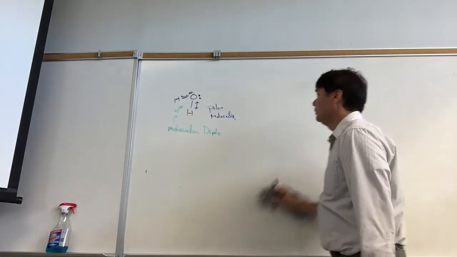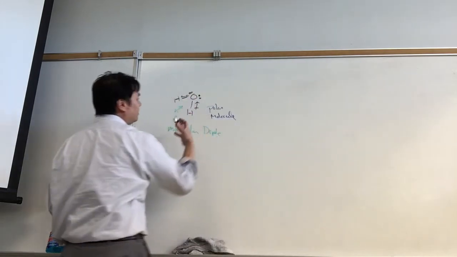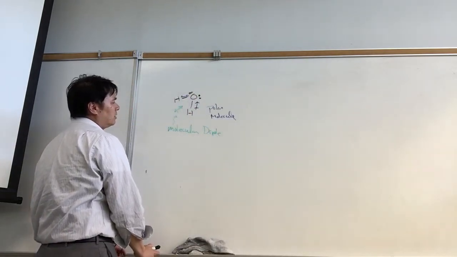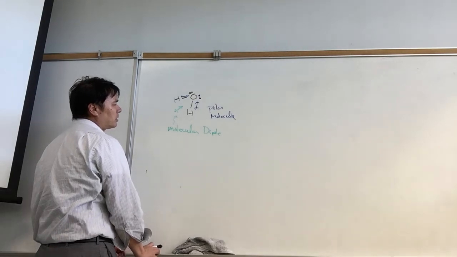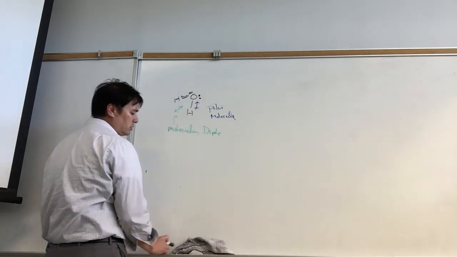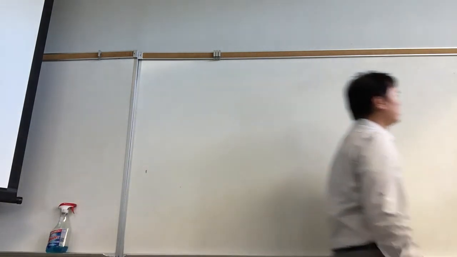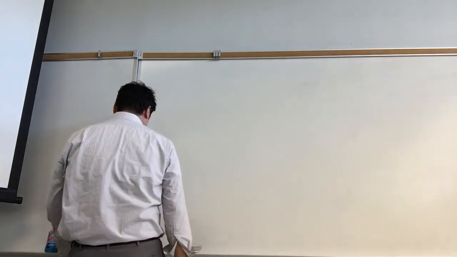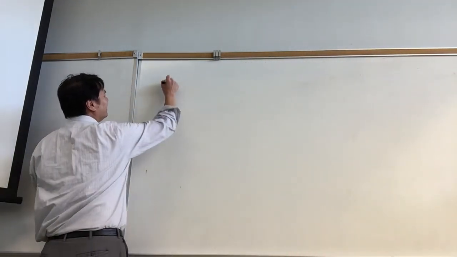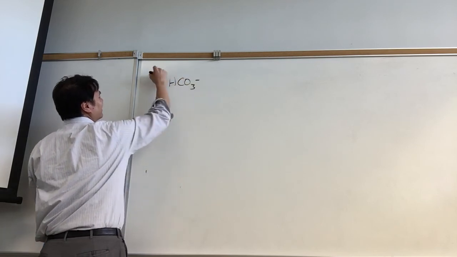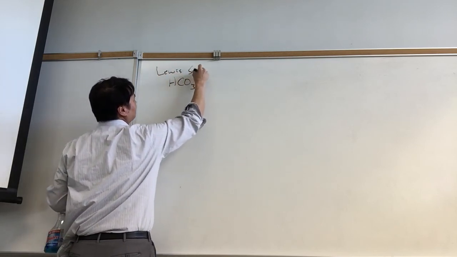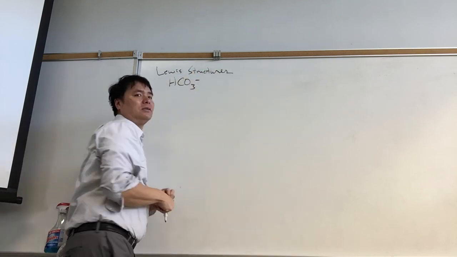Okay, to sum up the bond dipoles in 3 dimensions, we need the 3-dimensional structure. In order to get the 3-dimensional structure, we have to first get the correct Lewis structure, and then we can use some VSEPR to figure out the 3D geometry of that particular Lewis structure. And so let's talk about Lewis structures, although you guys have already started generating Lewis structures. And so let's do this one. Why don't you do the Lewis structure for bicarbonate right now? Let's see what